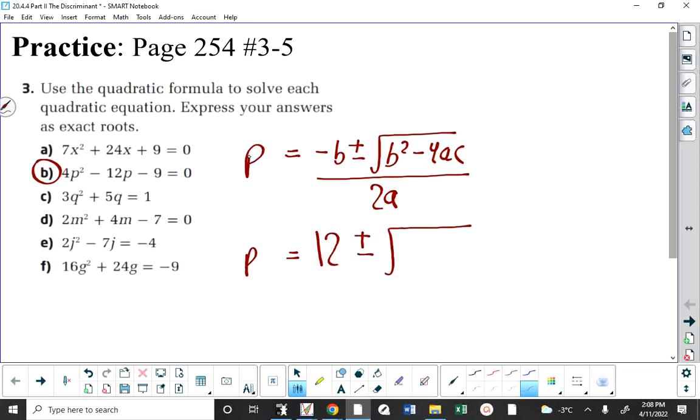We need to figure out what b squared minus 4ac is. Again, I'm just pointing out formalities here in terms of working on written response. I know that many of us would probably just go b squared minus 4ac on the calculator, but you need to show that work on a written response. So I would have negative 12 squared plus 4 times negative 9